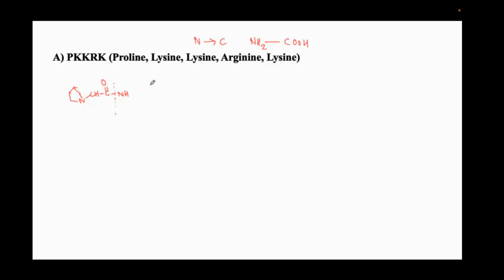So lysine is a basic amino acid. This is the second peptide bond. We have again lysine. This is the third peptide bond. We have arginine here. Arginine,